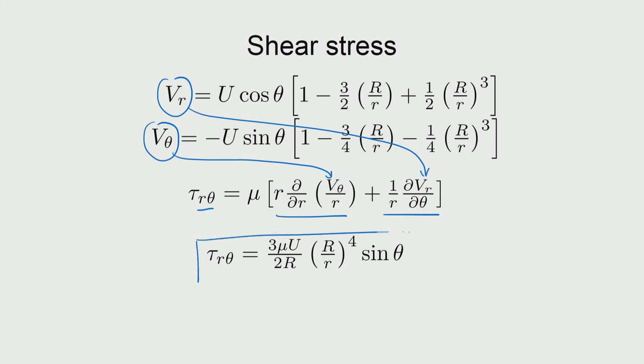So, the functional form for tau r theta can also be obtained readily by plugging in. Once you have the velocity components, the pressures, the normal stresses as well as the shear stresses can all be obtained. Technically, now you have all the terms to write, for example, sigma is equal to what. You can write it in a matrix form because all the terms are now available, but we only require the r theta and rr components for this particular problem.